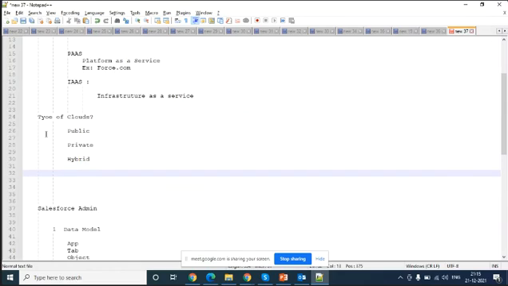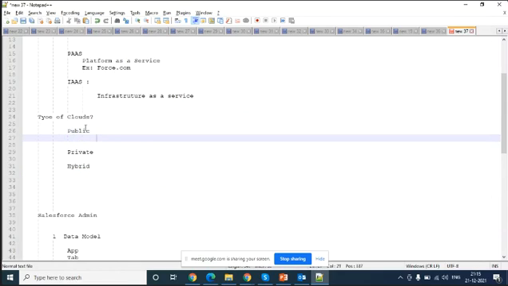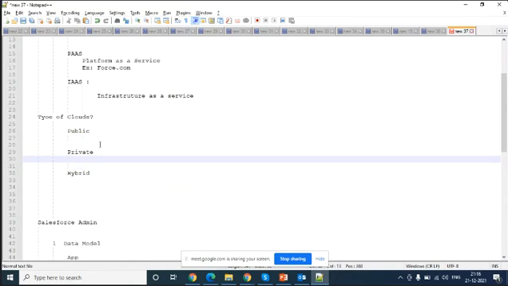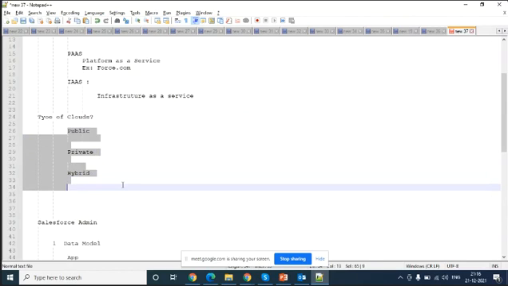These are the different types of clouds. Public is nothing but you can directly use it. It doesn't require much security on it. Private has huge security, complete security. It should be under the control of the government or whomsoever. Hybrid is like here and there: certain data needs to be maintained privately, certain data you want to maintain publicly. Of course every data will be controlled under security only.